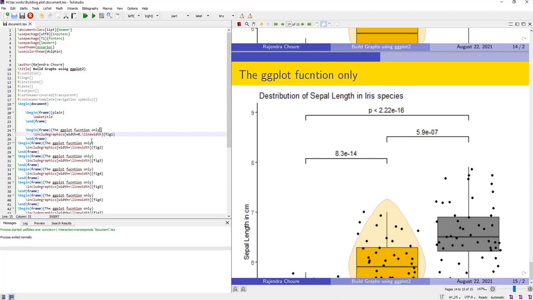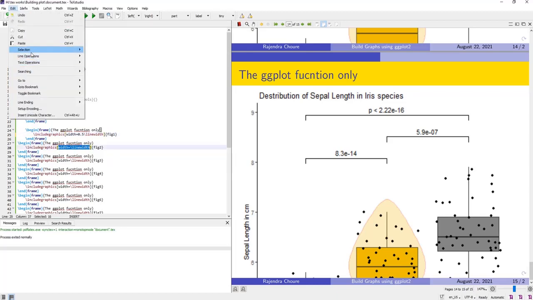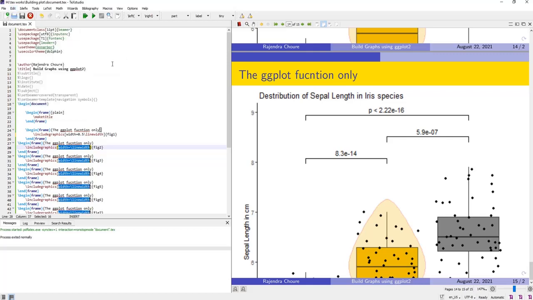I will make it 0.5 linewidth, and that I have to change everywhere. Therefore I will copy this and will go to edit, selection, select all occurrences, and I will change that with width is equal to 0.5 \linewidth, and we'll run that.